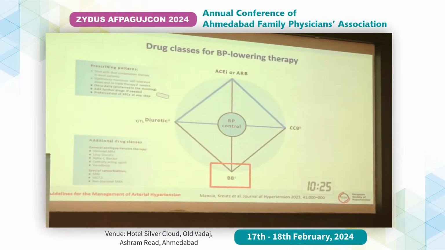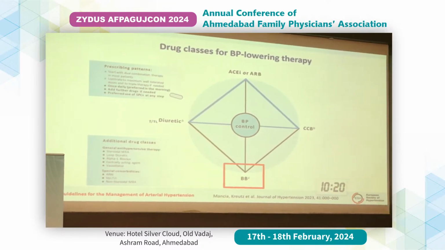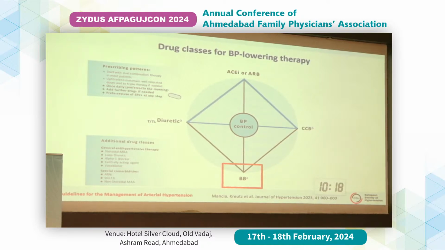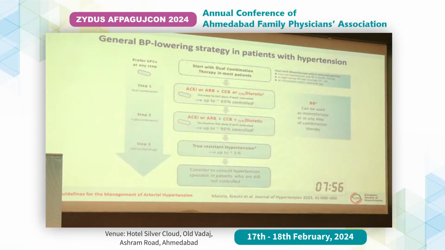So what are the various drug classes we know, like ACE inhibitors or ARBs are the main thing. Then we can have diuretics, calcium channel blockers or beta blockers. And we need to understand that most of the time what we are using is calcium channel blockers, ACE inhibitors or ARBs, and the drug which is once a day should be started in these patients. Then there are various other classes in this type of patients. And again, this is another BP lowering strategy in our patients we must follow.